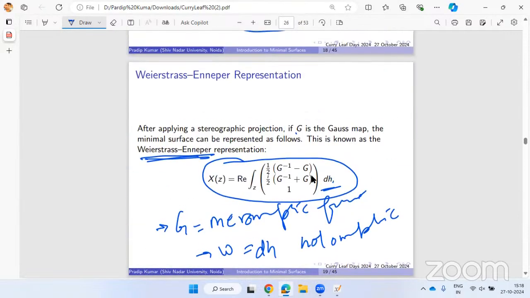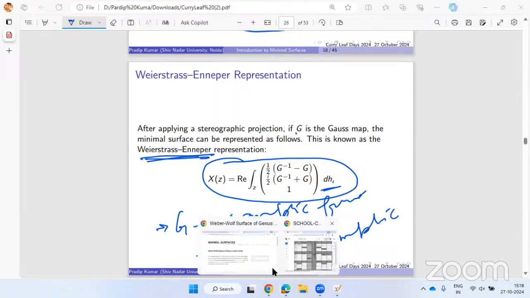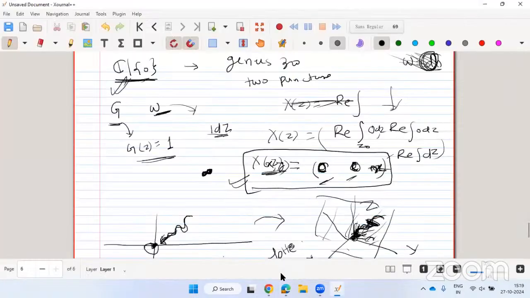But if I say find all the meromorphic functions on the complex plane, suppose the defining domain is this. Find all the meromorphic functions. How do they look? Rational functions. You can easily find them and write an exact expression. But if I say